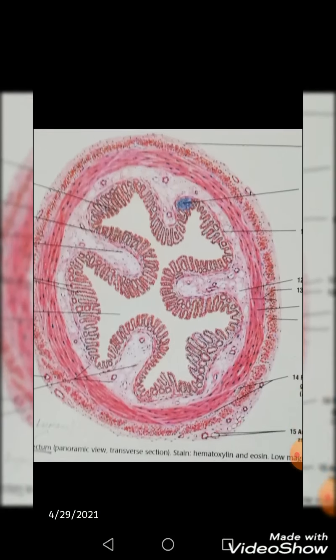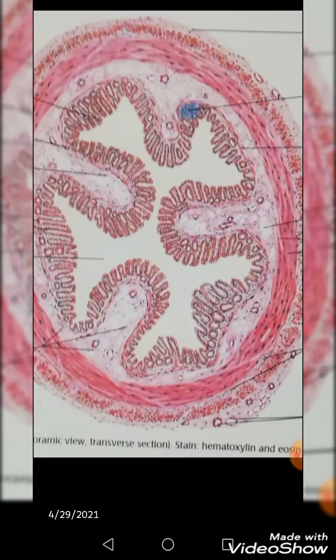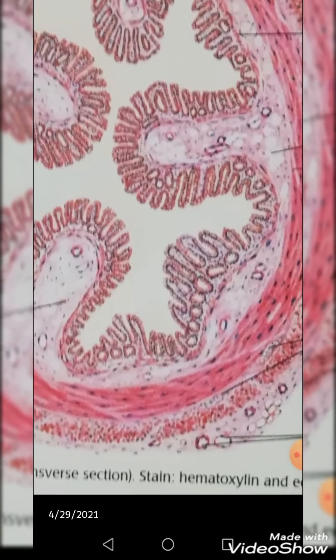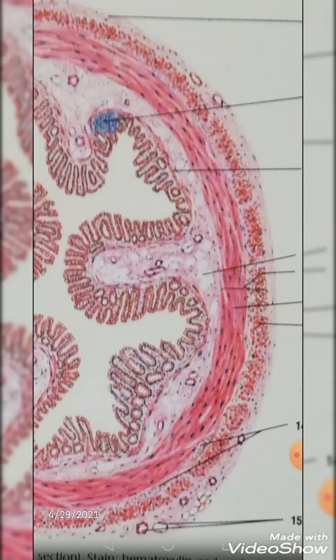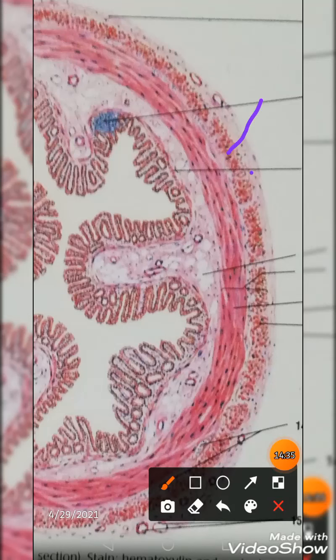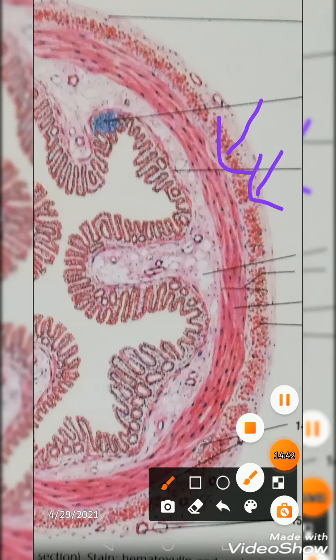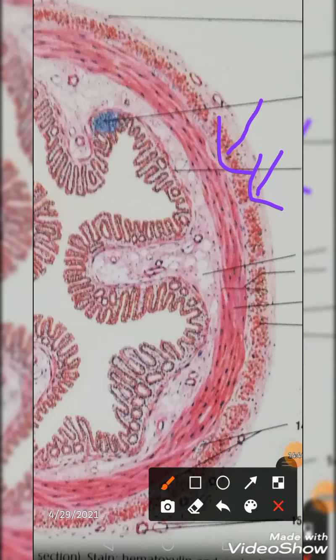And in its muscularis externa, you will notice that the inner circular layer is continuous and of even thickness, and the outer longitudinal layer is also of even thickness because tinea coli are no longer there, and on its very outer side there is adventitia. These are the features you will observe in the rectum.